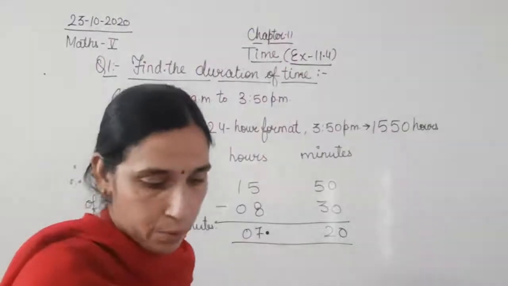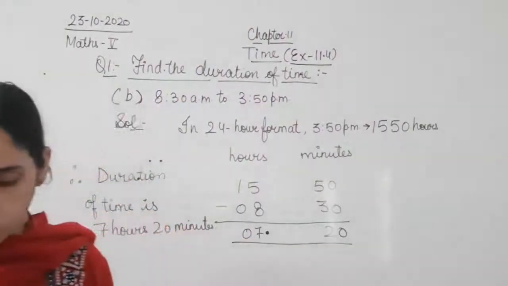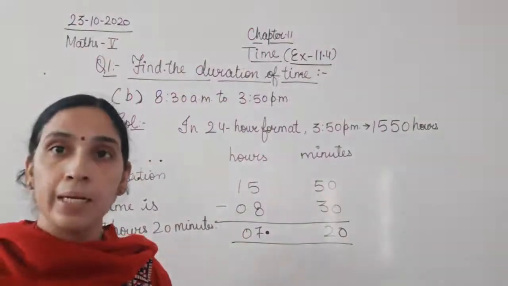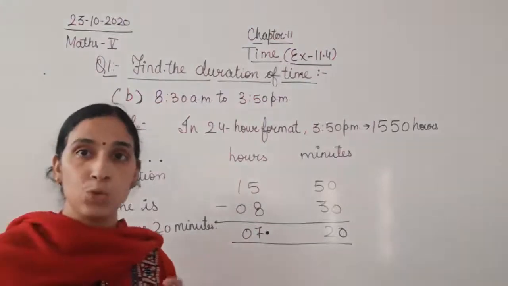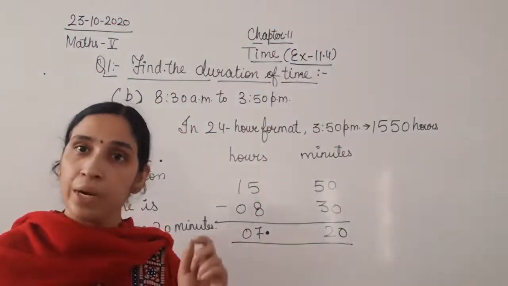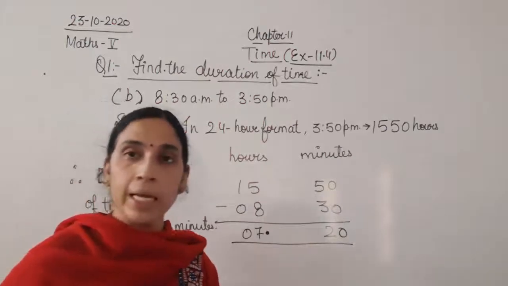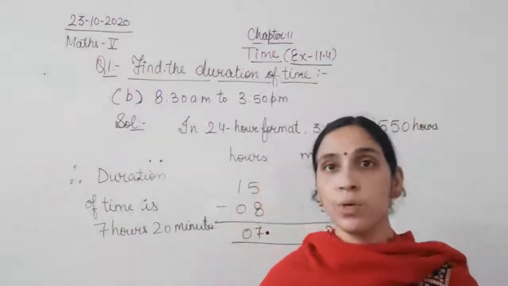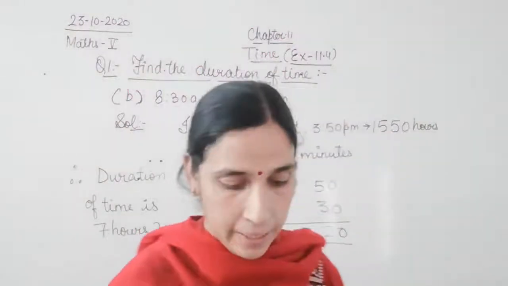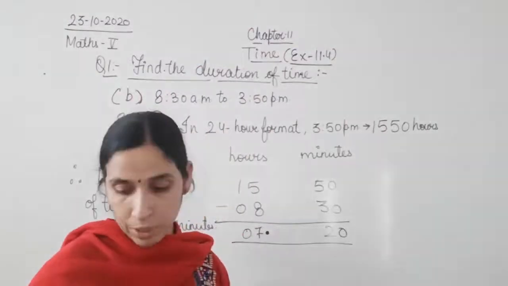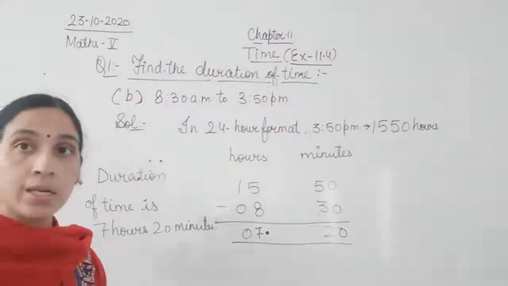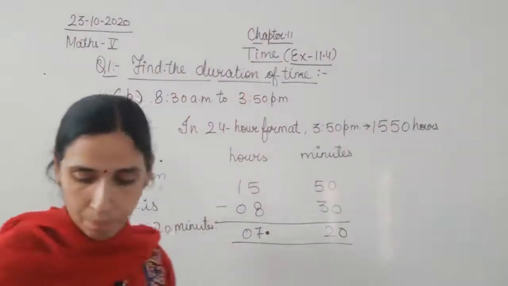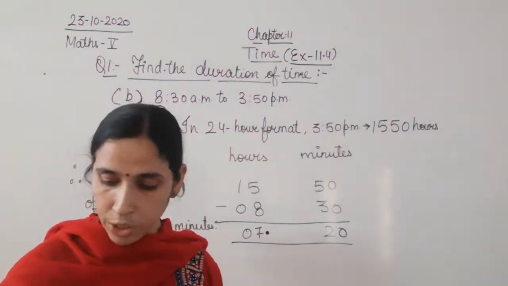Now C part, if you see in your book, C part is 4:10 PM to 12 midnight. Now 12 midnight can be written as 2400. Fine, that is 24 hours. And 4:10 PM we will write as 16:10 hours. So from 2400 we are going to subtract that 16:10. So that is the only change in question C. Rest of the things will be the same in that question also. So I hope you all can do the C part yourself.